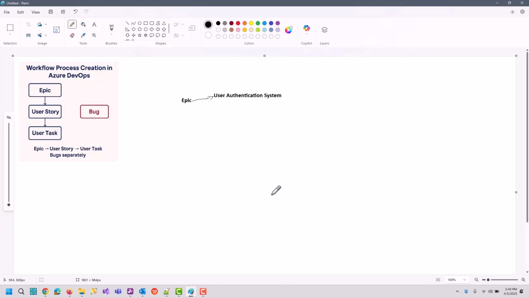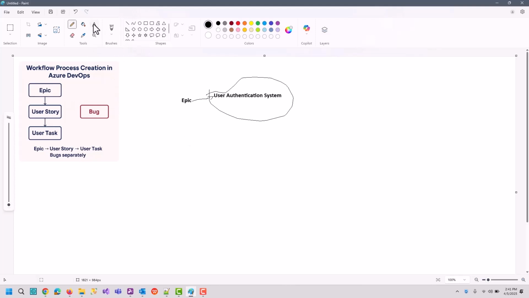Okay, after epic there comes story. We can create its children to create stories. We can divide this major epic functionality into multiple user stories. For example, as a user, I want to log in using my email and password. So we need to create a user story to develop that login feature.